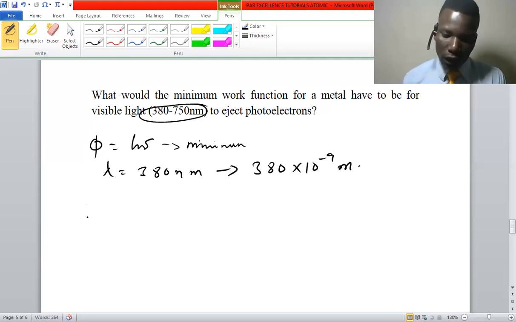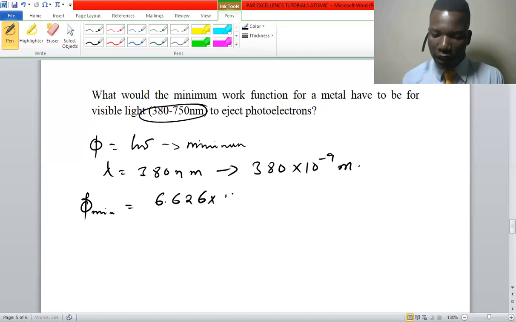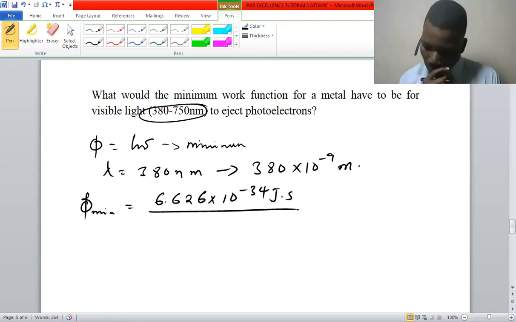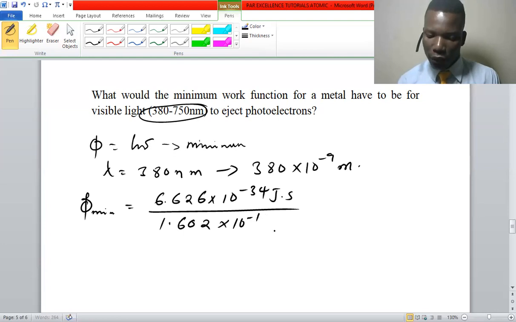So the minimum work function is actually 6.626 by 10 to the power negative 34 joule seconds. Okay, so I'm converting to electron volts, where I'm dividing by 1.602 by 10 to the power negative 19 joules per electron volt. And then here